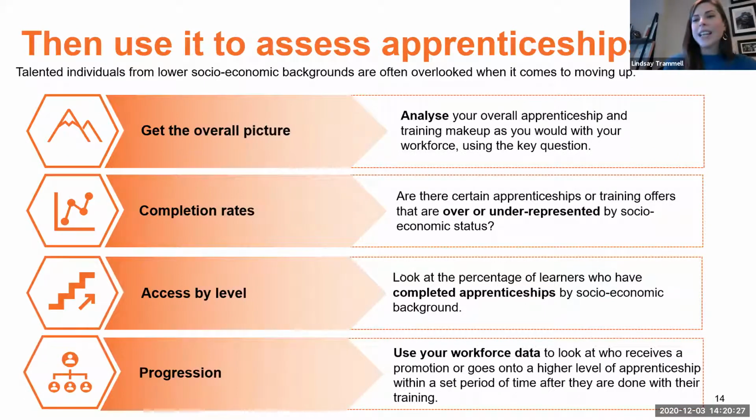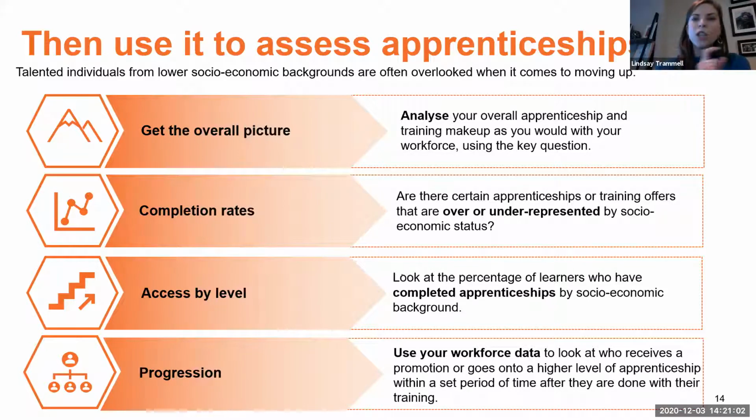You can also then do the exact same thing on apprenticeships. If you use apprenticeships, again, I won't go through this. It's fairly representative, but one of the things I do want you to hear is that often we assume that apprenticeships are driving our social mobility strategy, and that is not the case. Our research, if you've attended our apprenticeship workshop, you will have seen in detail that we cannot simply assume that apprenticeships, by virtue of themselves, are driving our socioeconomic diversity and inclusion strategy forward.